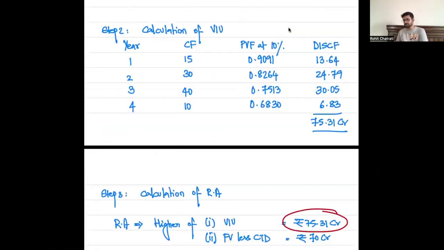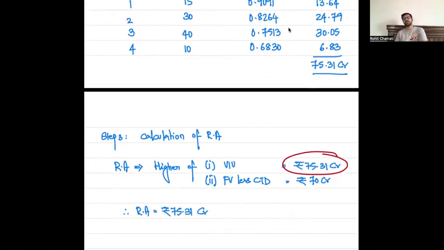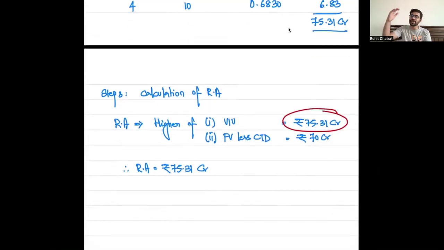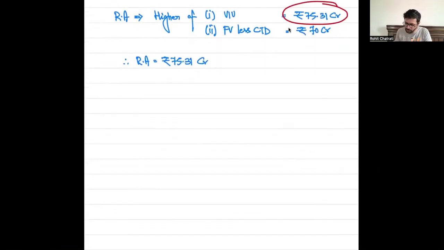Now, if you think of it, this machinery is being reflected on the balance sheet at rupees 80 crores. But the benefit that I expect to derive from the asset is only 75.31. So I'm overstating my assets. To ensure a true and correct reporting, we have to now charge impairment loss, which will be bringing down the asset value from 80 to 75.31. So therefore, impairment loss is going to be calculated as